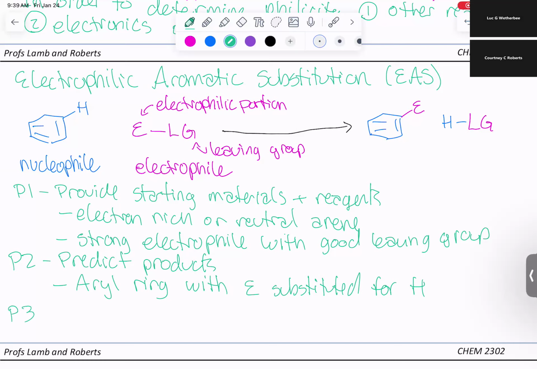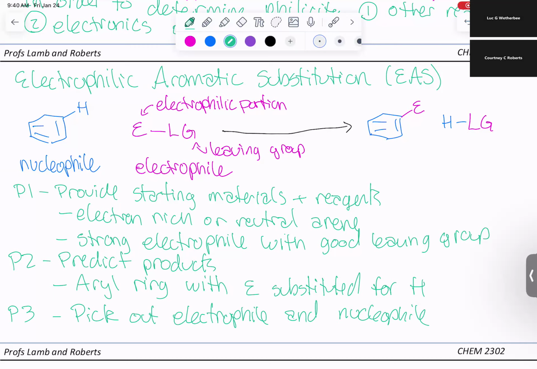And then, of course, P3 we've done is pick out the electrophile and nucleophile. We've done that above. The reason why it's really important to pick out our electrophile and our nucleophile is for our arrow pushing mechanisms,